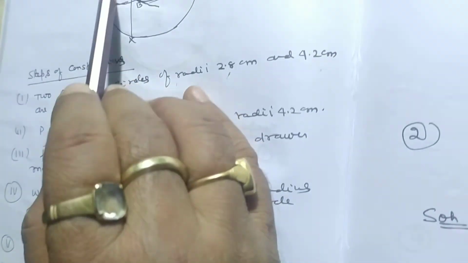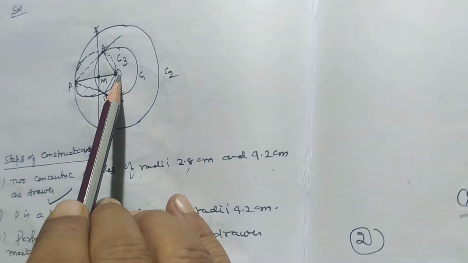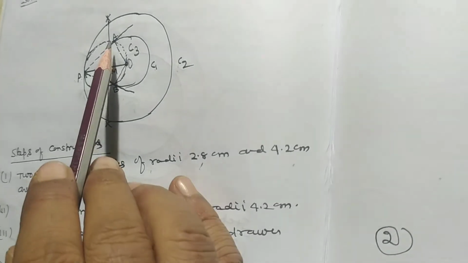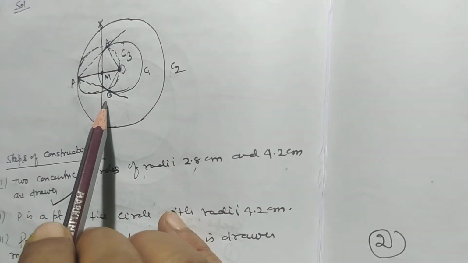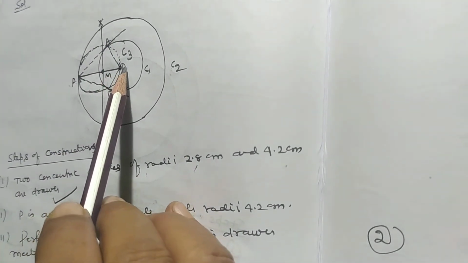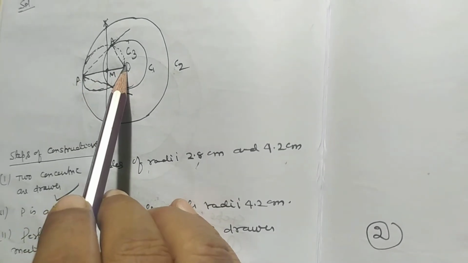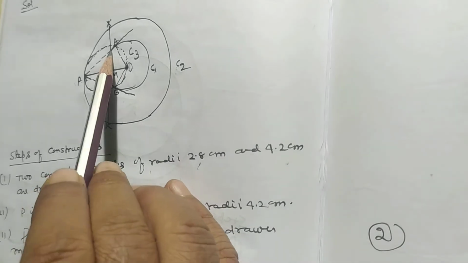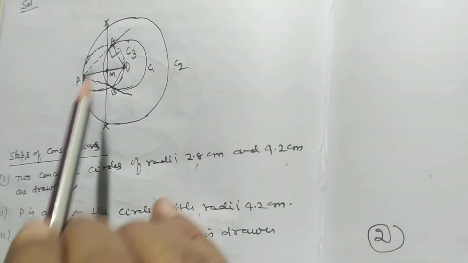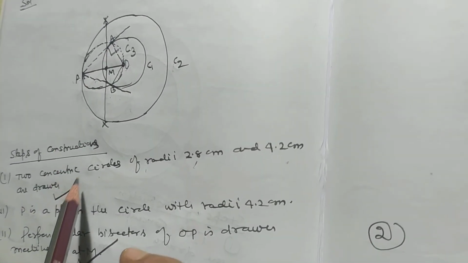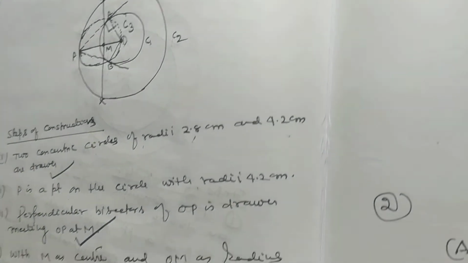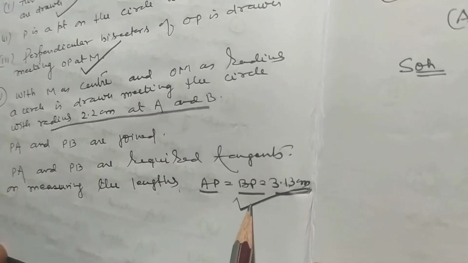Here, the length of tangent PO. You know the length of PO and you know the length of OA. So now PA can be determined. OP square, this is perpendicular, so OP square minus OA square is equal to AP square. By using this formula, you can verify this length which you have